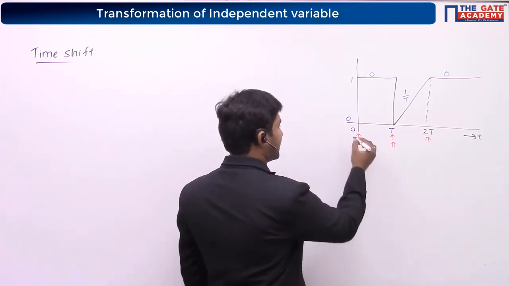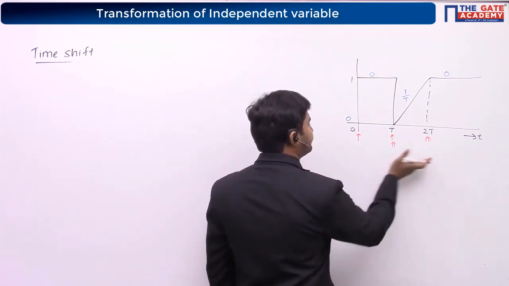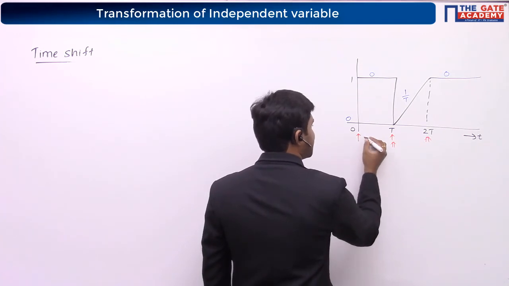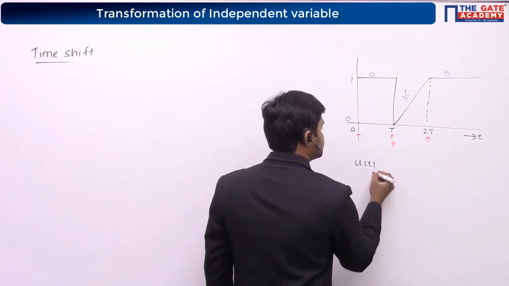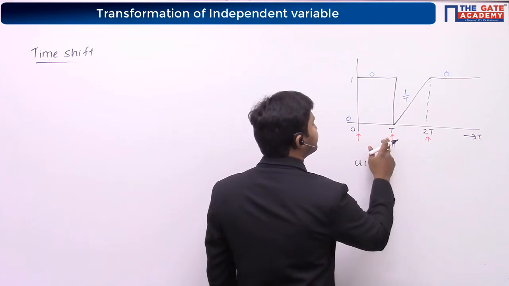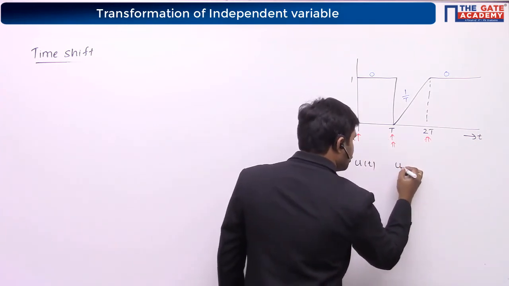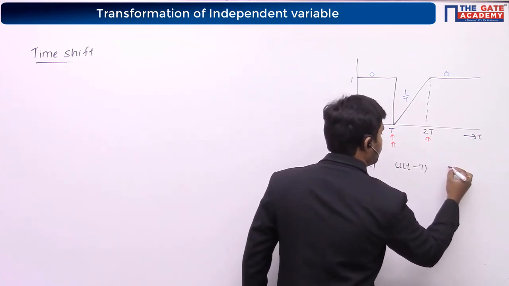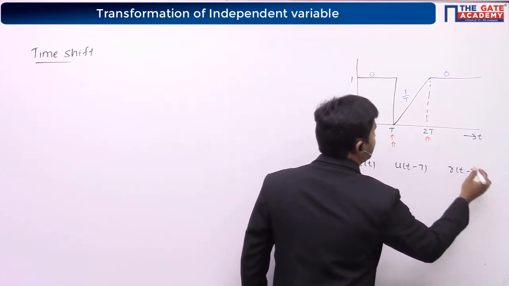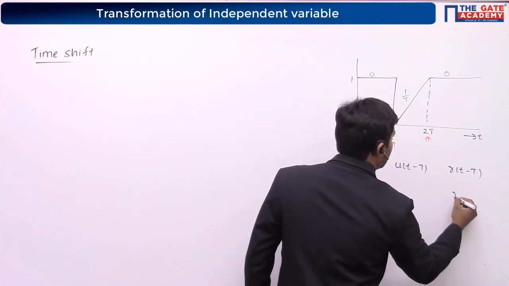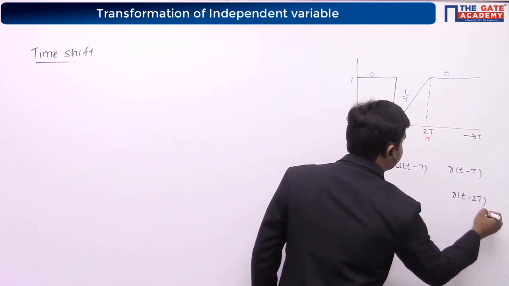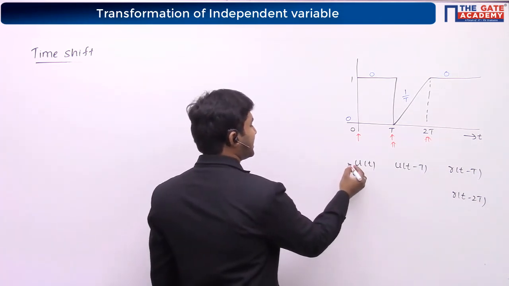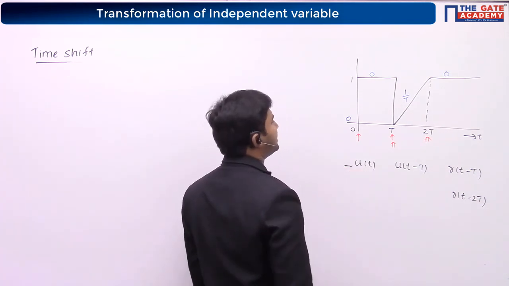Starting with t is equal to 0, left to right. Starting from t equal to 0, we are having a step here. So u of t. Here also we are having a step: u of t minus capital T. There is a ramp also: r of t minus capital T, and r of t minus 2 capital T. Now the coefficients. At t is equal to 0,